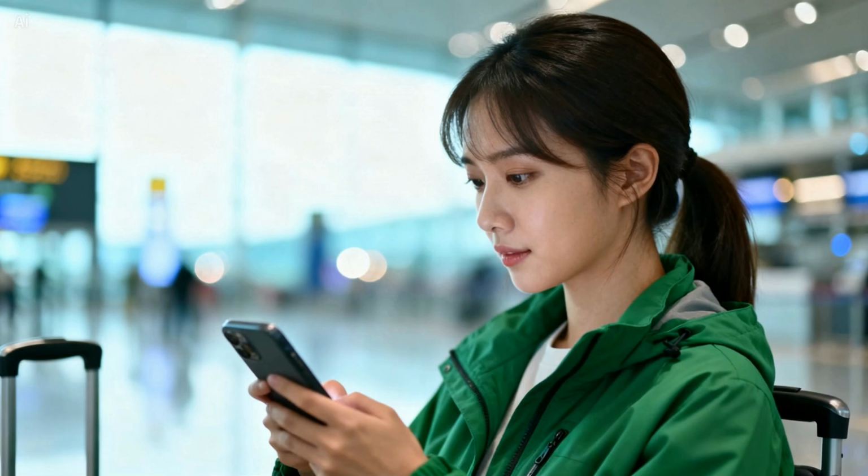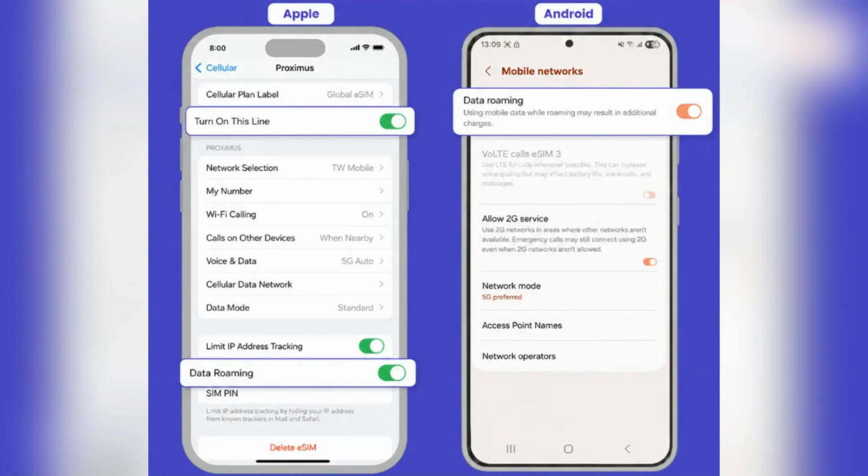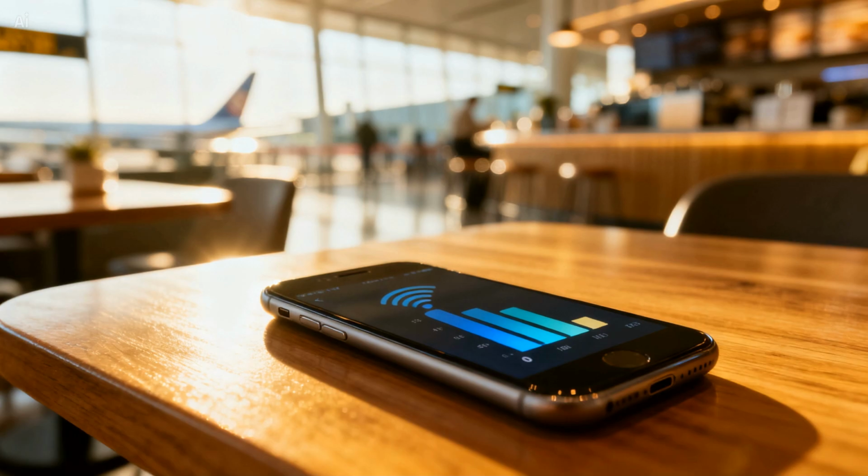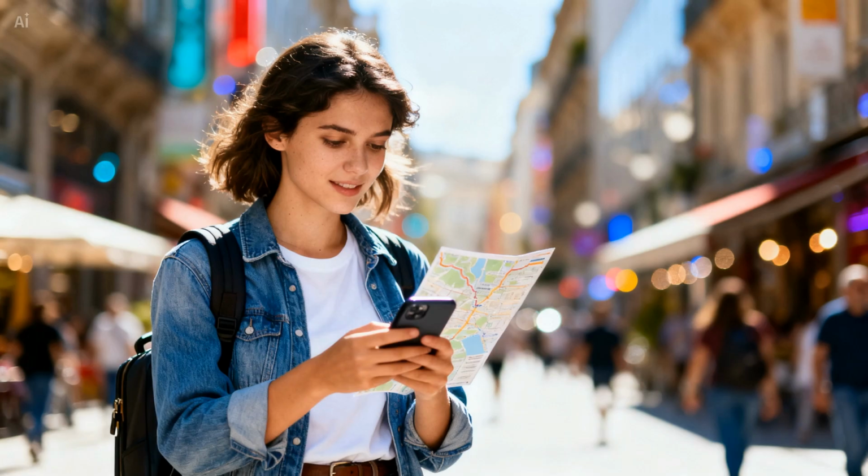There's one final setting that many people forget. You must enable data roaming for the Klook eSIM. Without data roaming turned on, your phone may not connect to the local carrier network. Once data roaming is enabled, wait approximately 30 seconds. Your phone should automatically register with a local network and connect to the internet. At this point, you are ready to use maps, ride-hailing apps, messaging services, and everything else you need while traveling.